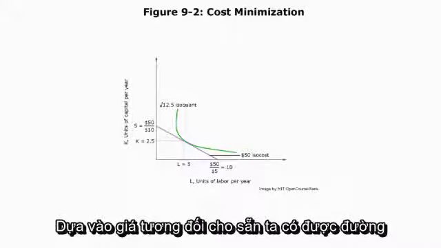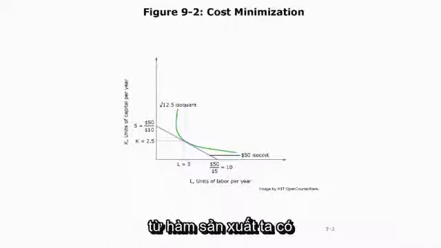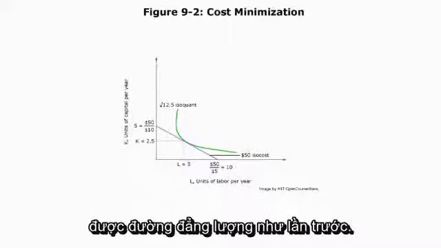Given that the relative prices are given by this budget constraint, and the production technology is given by this production function from which we derived isoquants last time,